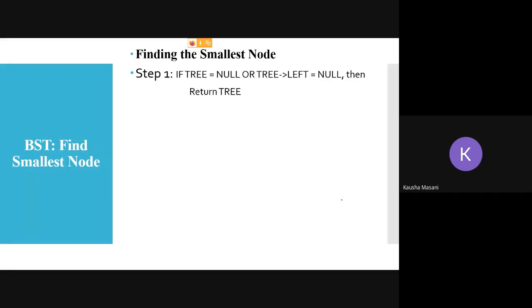What if this step 1 is false? Then else go for a recursive function call. Find the smallest value, and now what is the address? The address which is stored in tree of left. This is the smallest algorithm.